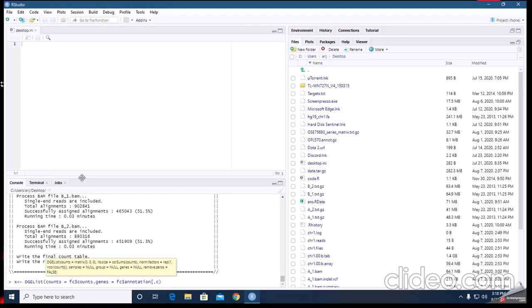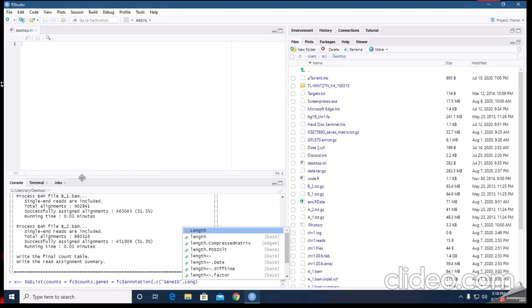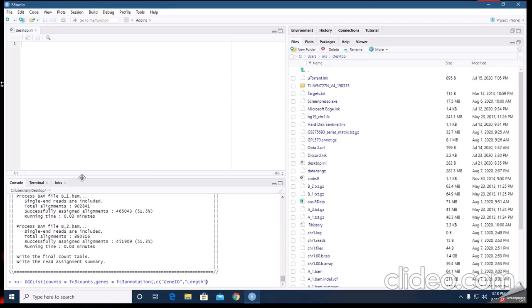We need to use round brackets. Okay. And here we write gene ID because we want to annotate through gene ID and length. Gene ID and length, these are two parameters through which I annotate my DGE list, differentially expressed genes list.